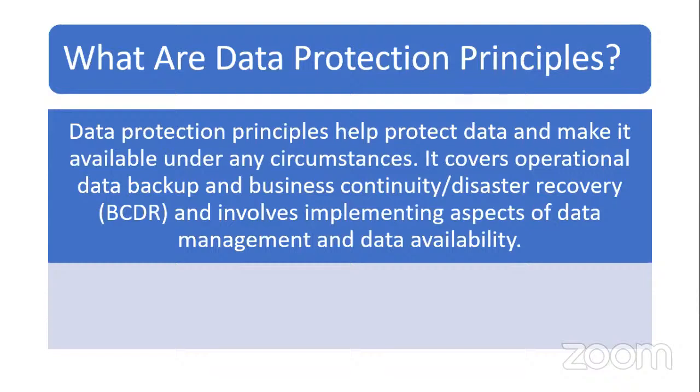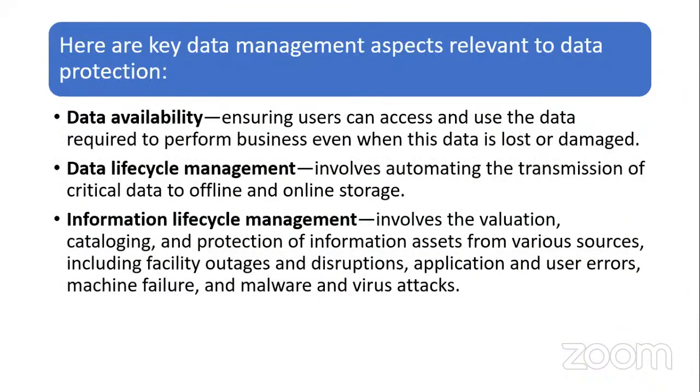It covers a number of things: one, backups, two, business continuity, and also business recovery. This normally involves the implementation aspect of data management and data availability. So here are some of the key data management aspects relevant to data protection. One of them is